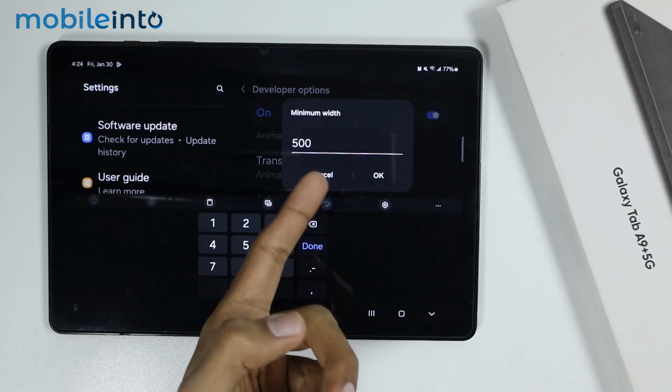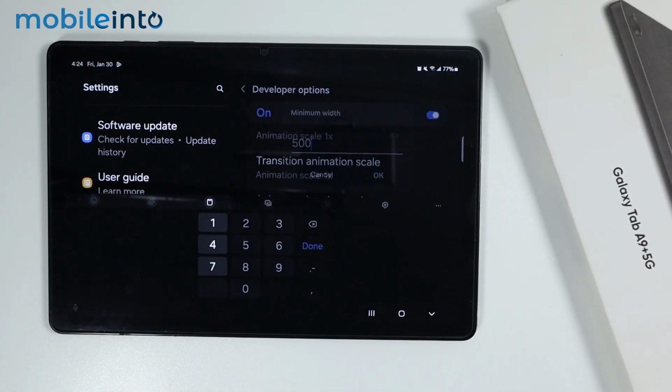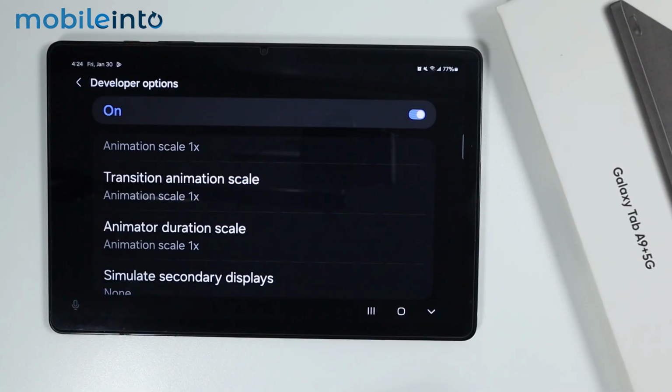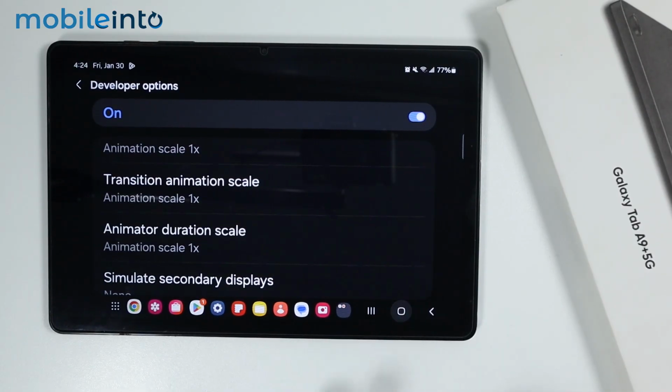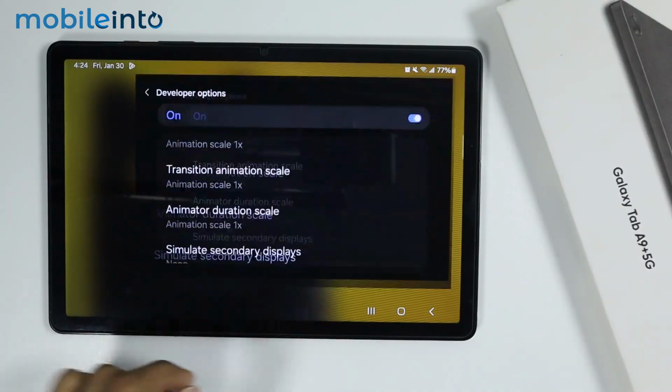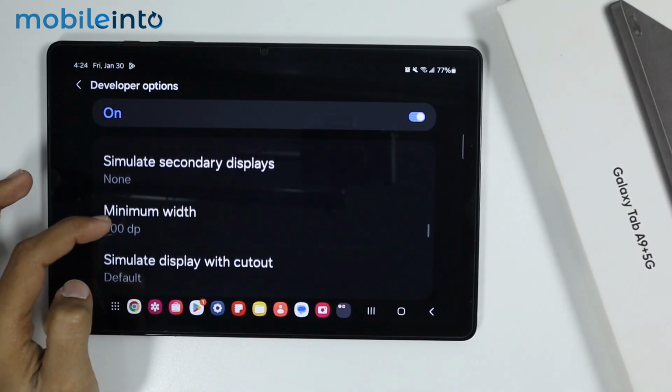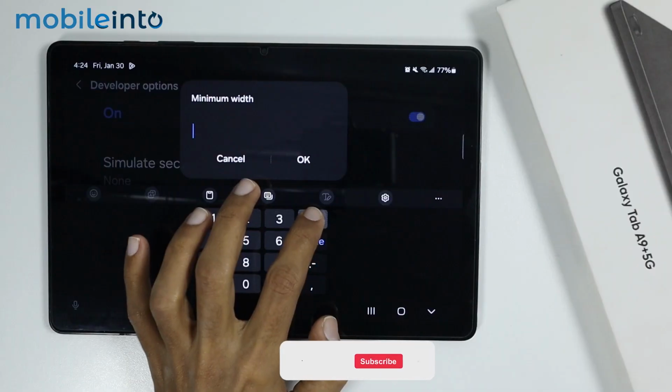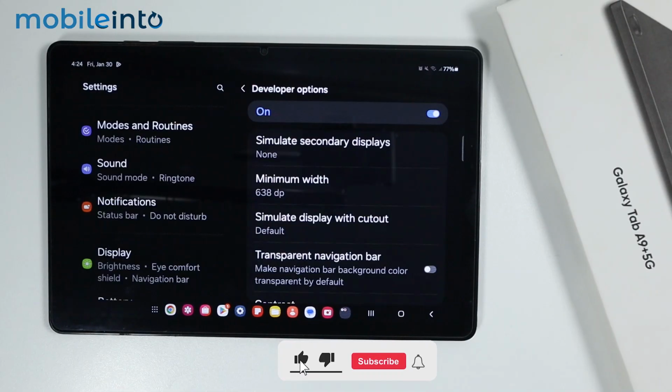Now just enter your DPI number and tap on OK. And by doing that, you will change the DPI settings on your tablet. Just like that. And this is how you can change the DPI settings on the Galaxy Tab A9 or the